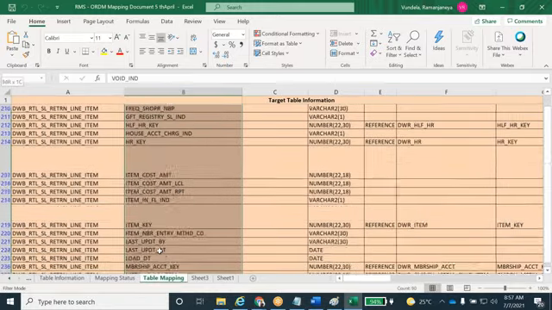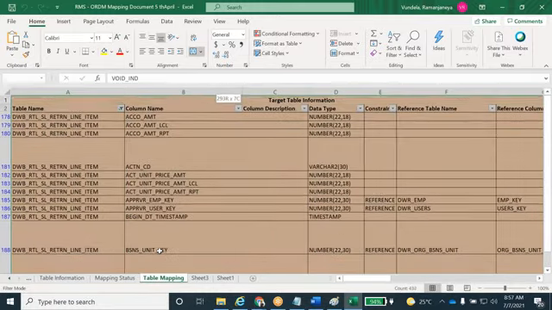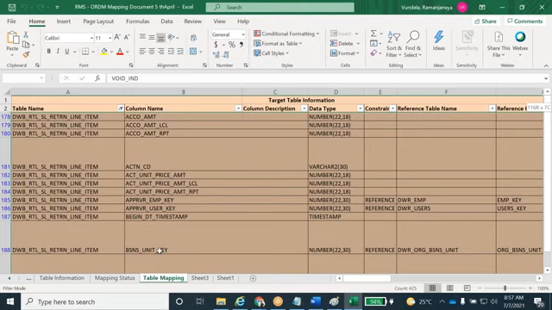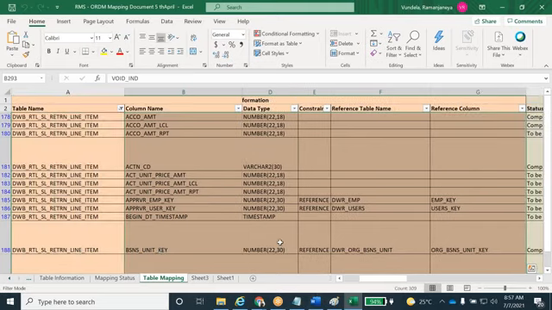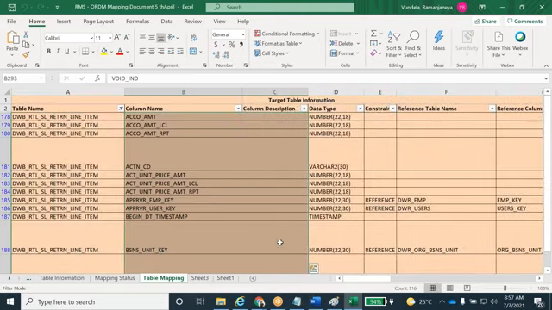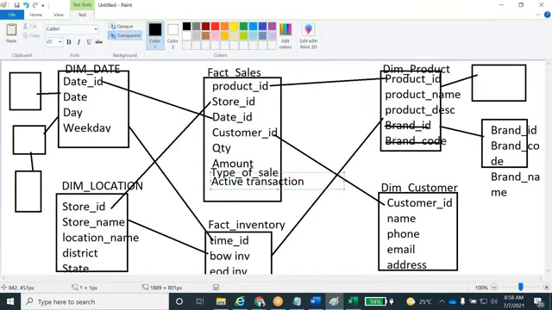See, for a single table, 116 columns are there in the sales table. Different transactions, different information, they are going to store all of it in one single table. In real time, it will be like that only, guys. Here we are understanding the purpose, so we are just giving one or two examples as I explain.